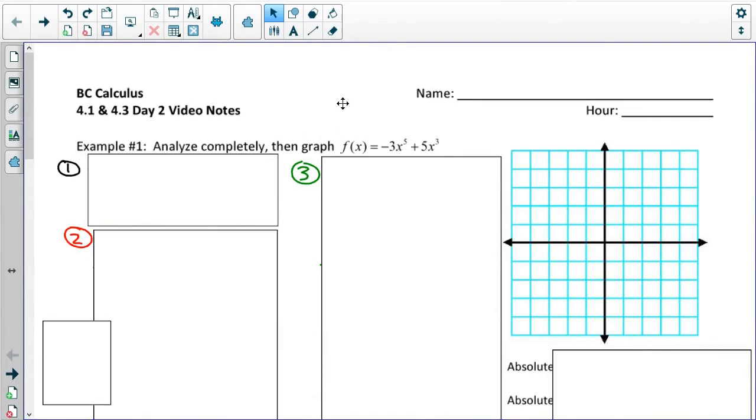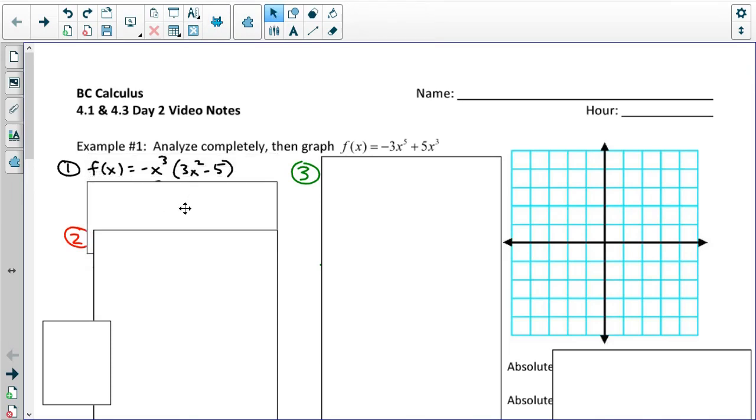Day 2 of the video notes for 4.1 and 4.3 goes through a bunch of example problems. We're going to graph f of x equals negative 3x to the fifth plus 5x to the third without a calculator, just by understanding what the derivatives and second derivatives give us. So if we take a look, the first thing that we want to do